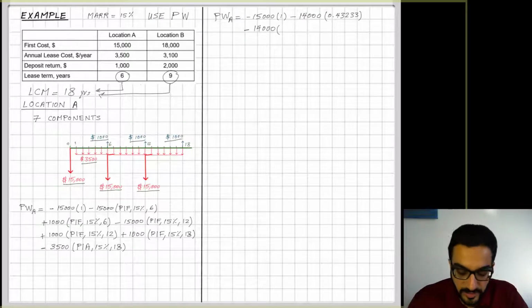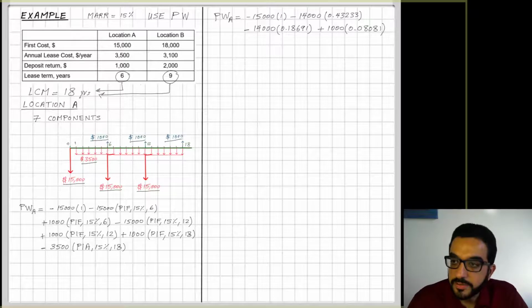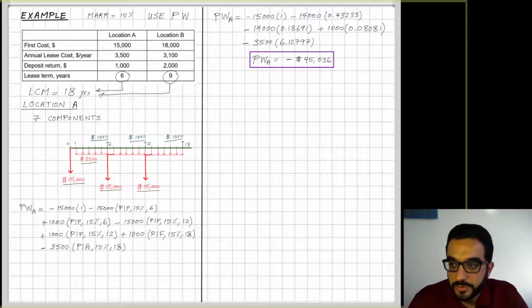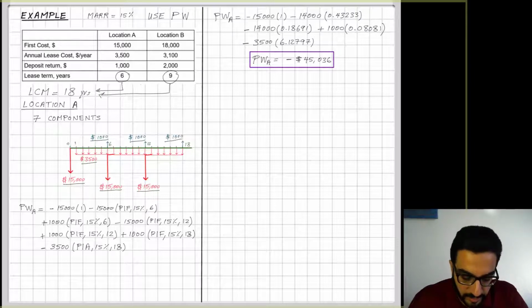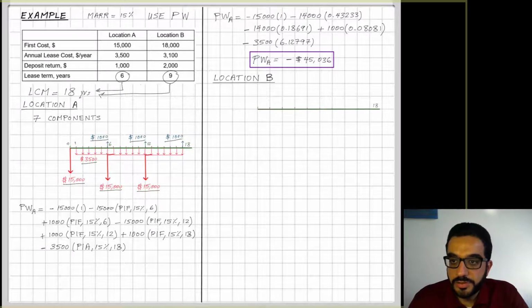So if you bring the values of all these factors and use them in the formula, you will end up with P given A equal to negative 45, around 45,000. So that's alternative A. If we move to alternative B, location B here, the lease will be repeated